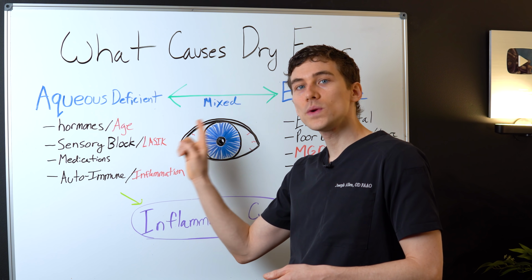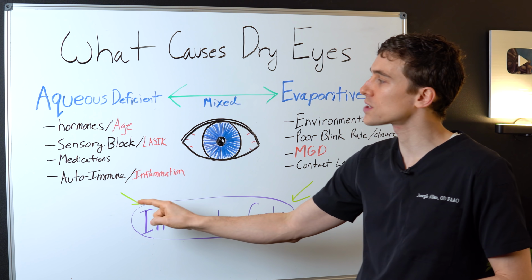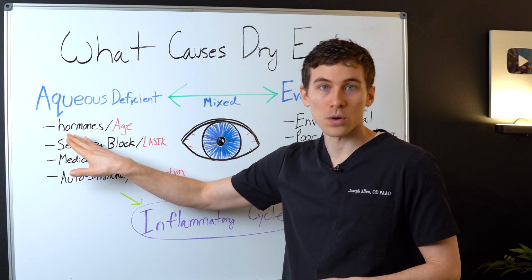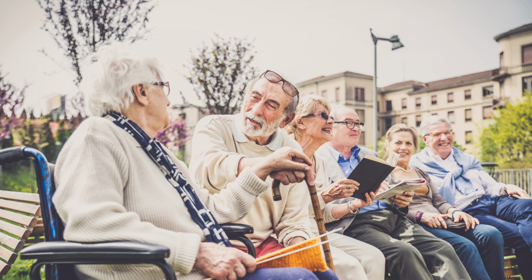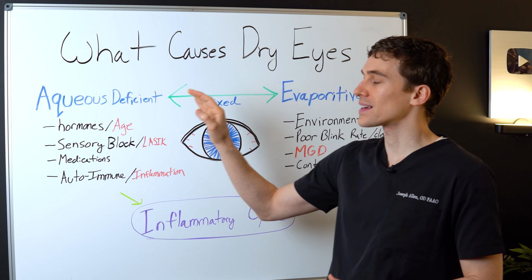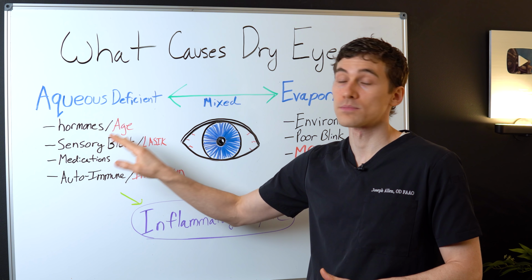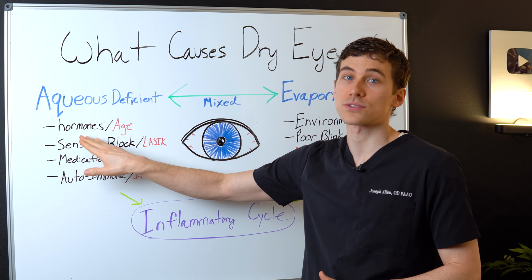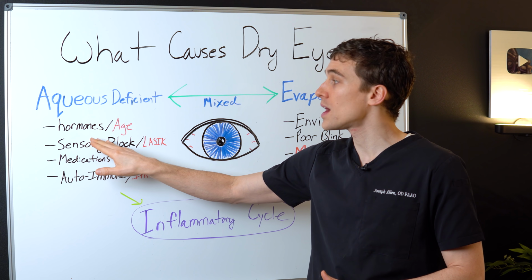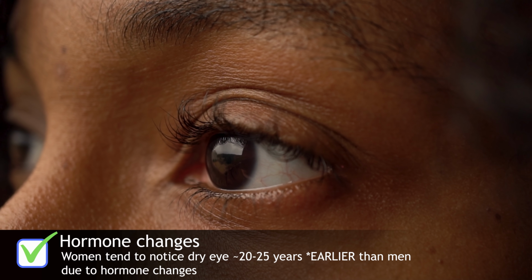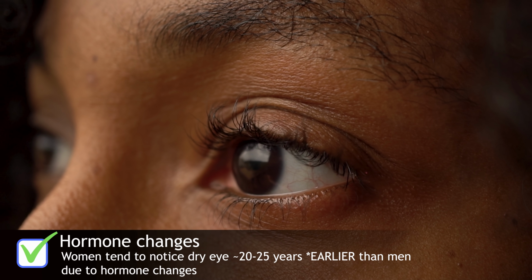Now, when it comes to the aqueous deficient dry eye, let's cover some of the main causes for aqueous deficiency. One of the first ones is hormone changes. We know that a lot of people suffer from dry eyes later in lifetime. People can still have it when they're younger, but usually people have it as they get into their 50s and above. A lot of women tend to have dry eyes more than men, and that has to do with testosterone level changes, again, as we age, and that's why oftentimes women will get dry eyes about 20 to 25 years before men do, before the testosterone starts to change.